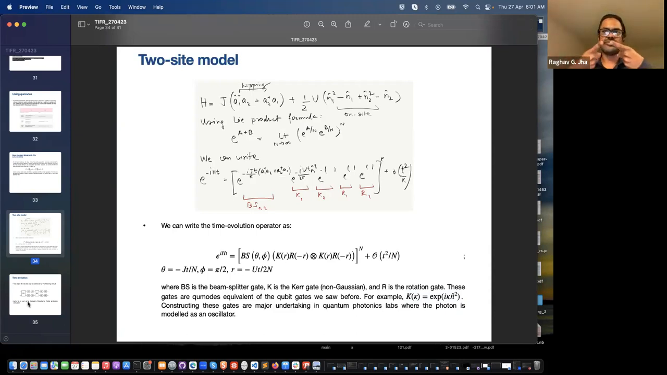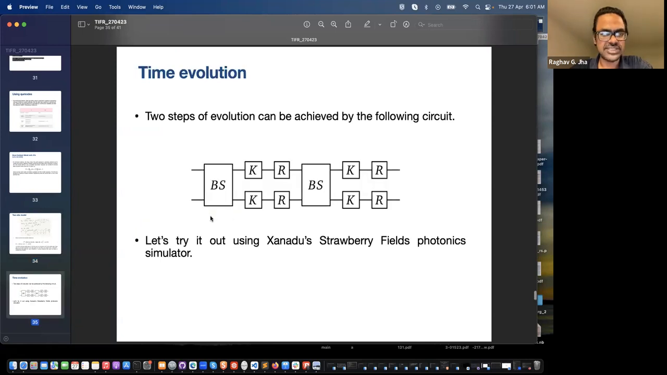Think about it in terms of lasers. When you pass 2 lasers through a prism, it splits the laser. So the beam splitter is like that. That's why it's called a beam splitter. It takes the input, and then the output is split in some way, depending on what phi and theta are. And 1 step of this Bose-Hubbard model is given by this circuit,